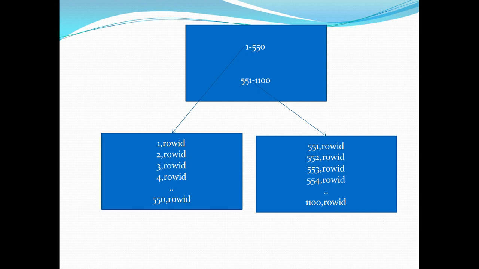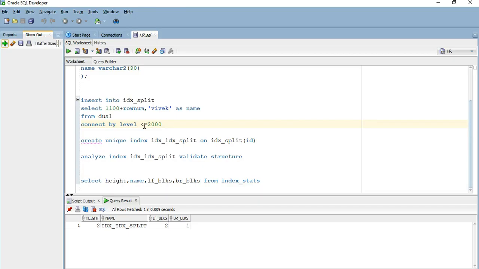Now what exactly will happen if I insert more rows in my base table? Let's switch to our SQL Developer and see. When I inserted 1000 rows, I saw that the height of my balanced tree index increased from 1 to 2. That height increase, or the vertical growth of my balanced tree index, is called index spawning. Now I will further insert 2000 rows in my base table, and we will see how my index will change.